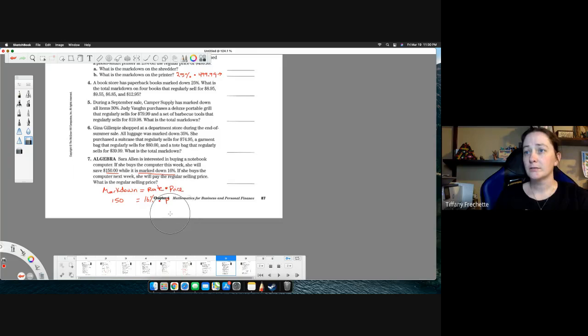Here, I'll get rid of a little bit of this. Whoop. All right, perfect. So 16% times price, and I'm going to use P instead of price now, just to kind of make it a little simpler. So we're multiplying by 16%. We just need to divide both sides by 16% here, and that will tell me how much the original purchase price was. So I need to do 150 divided by 16%. Make sure it's not divided by 16, but divided by 16%,